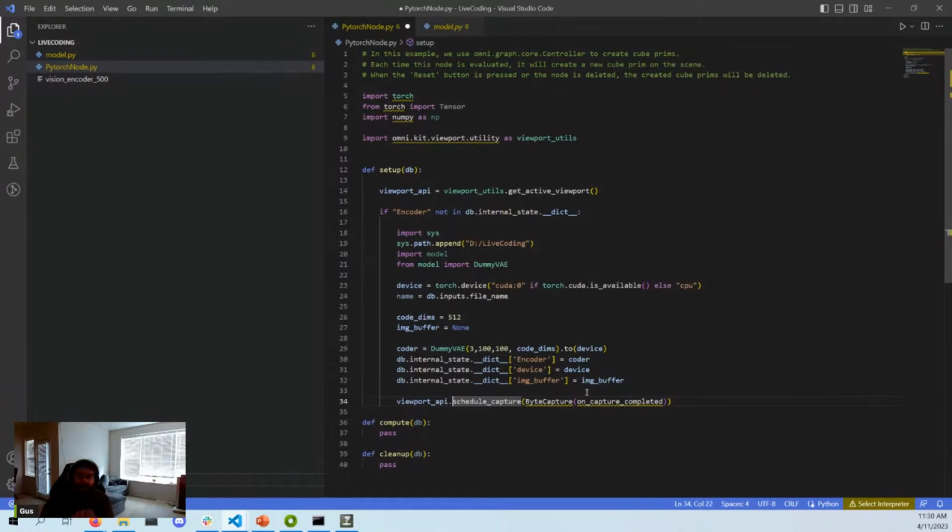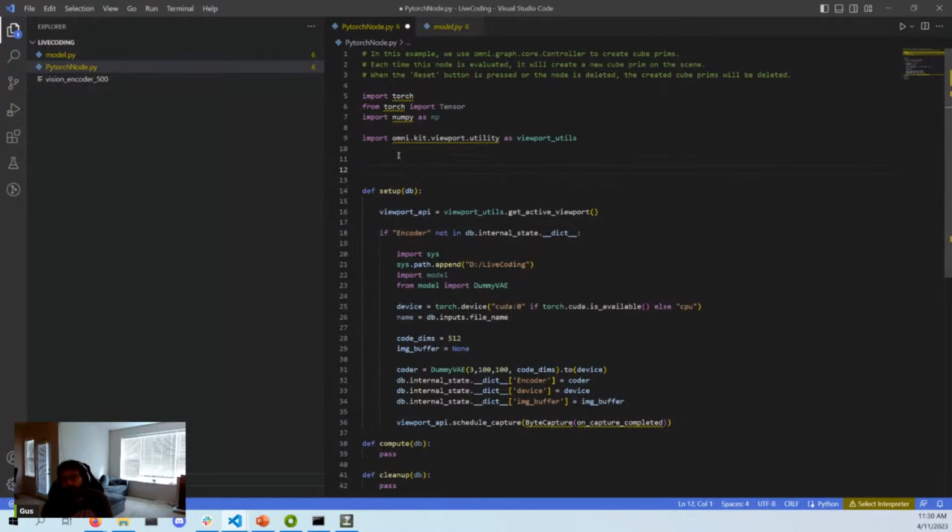Yeah, it's a lot. So the next thing we have to do is define that function, right? So we're going to make our callback. This is a function that's not actually a part of the script node. This is not one of the 3 functions that are predefined. So I mean, this is just a Python script, right? You can do whatever you want in here. It's extremely dangerous. On capture